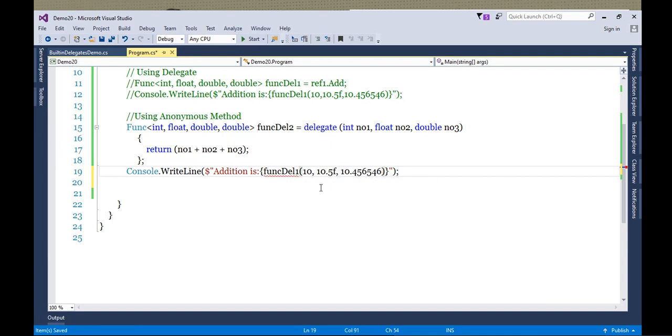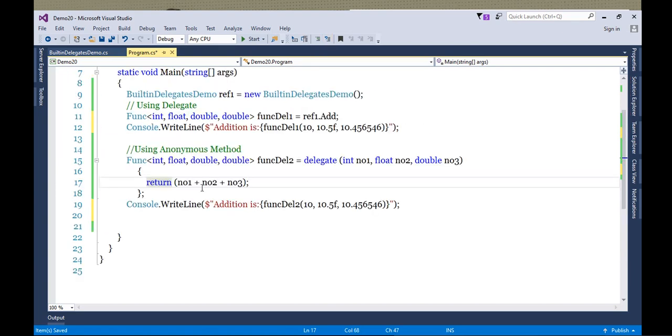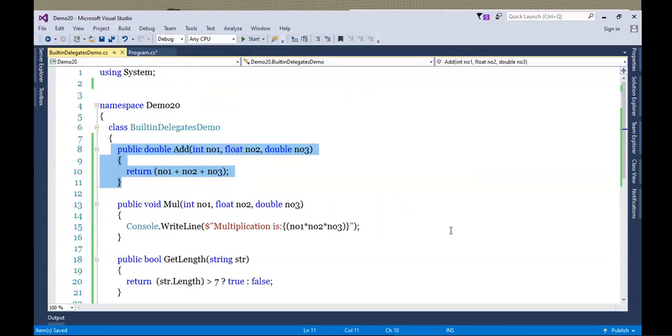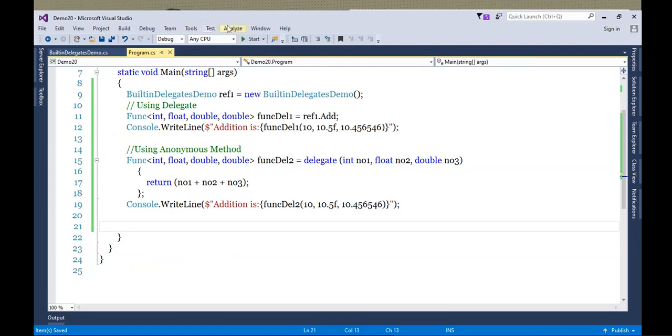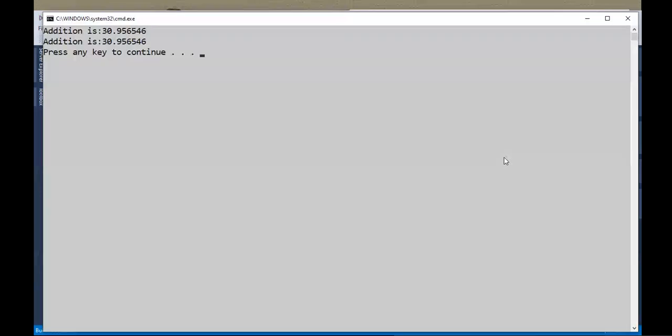Func delegate. Let's keep this option on. So using delegate will do like this. Using anonymous method will do like this. Let's run it. See, I'm getting same answer.